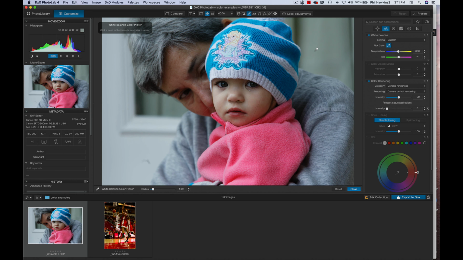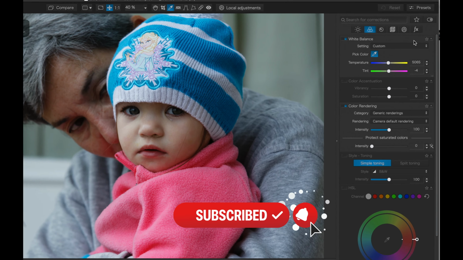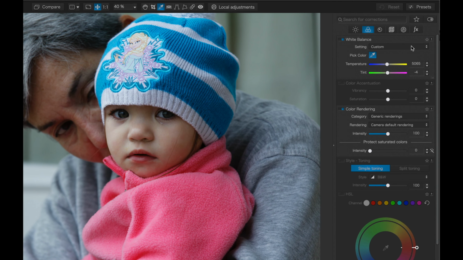Now we're going to look at ways to adjust color, and we'll do that in the color palette. And the number one function in the color palette is white balance. There's quite a bit here, so let's take a look. First thing is this section here called setting, and you'll see a familiar list of presets that are reflected on